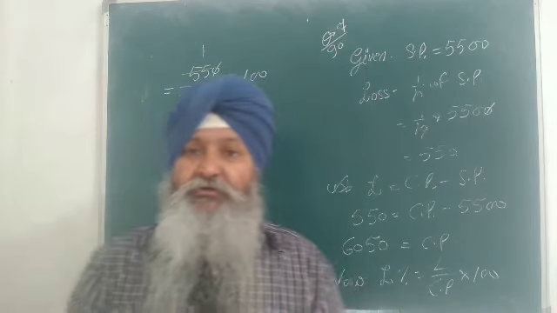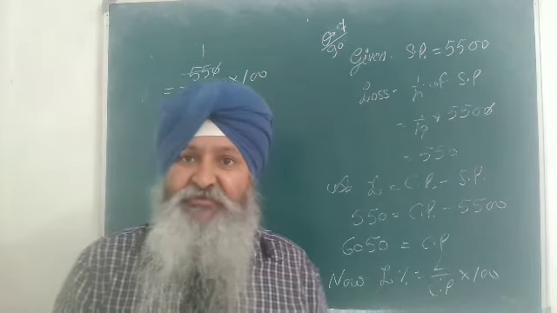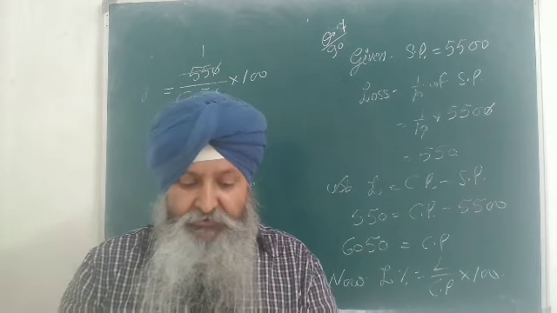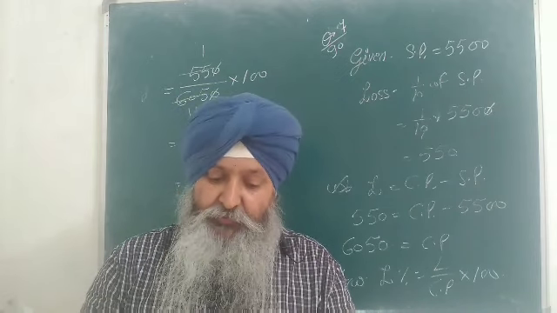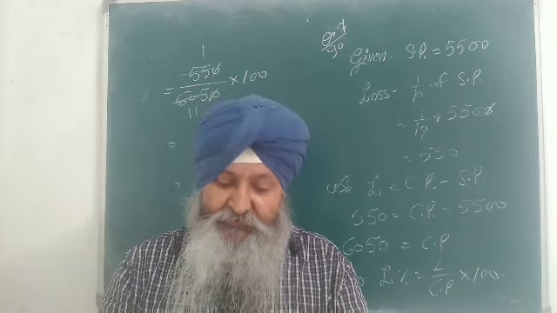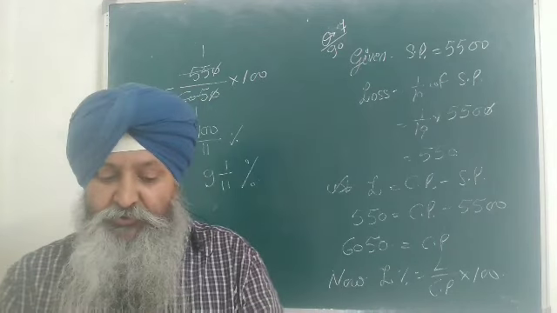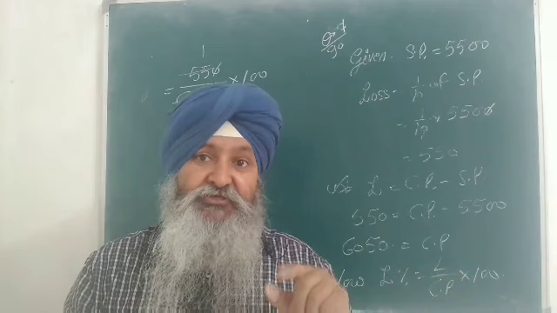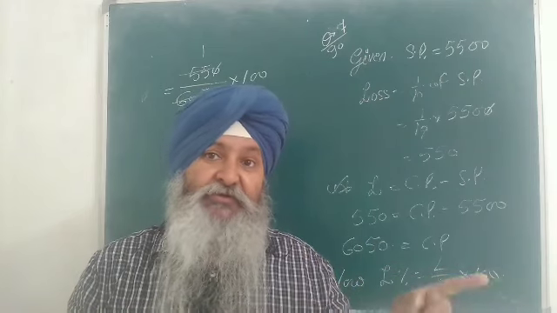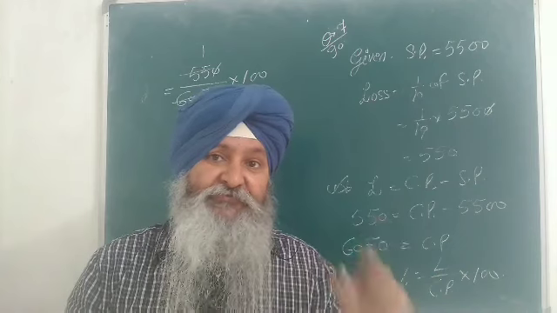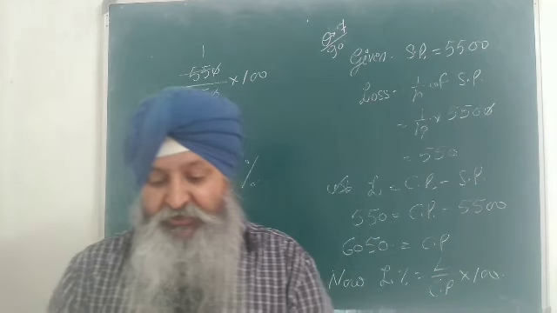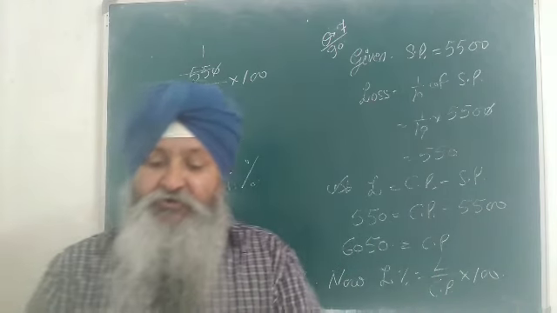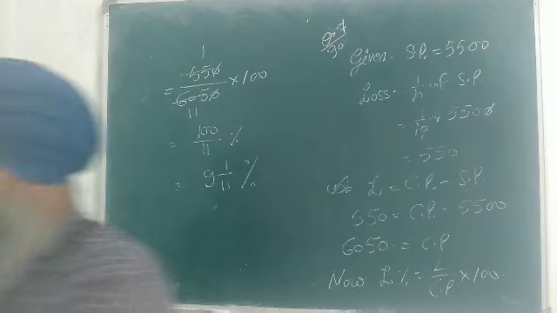Now my dear students, now we are going to start question number 7. Please listen to the wording. By selling a certain number of goods for rupees 5500, a shopkeeper loses an amount equal to 1/10 of the selling price. Remember, loss is 1/10 of the selling price. And what is the selling price? 5500. Now they are asking what is the loss, what is the cost price and what is the loss percent.